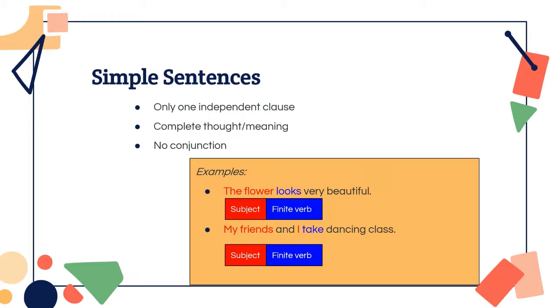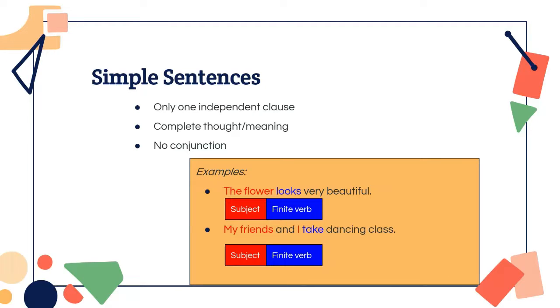Okay, after knowing the concept of a clause, a subject, a predicate, and also conjunctions, we will talk about the first type of sentence, which is the simple sentence. The features of a simple sentence are: it only has one independent clause, it has complete thought or meaning, and it has no conjunction. We can see from the examples here, the first sentence is "The flowers look very beautiful,"